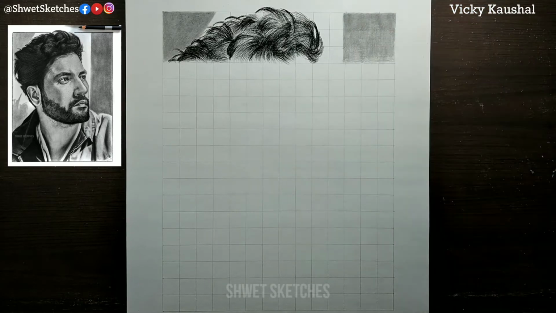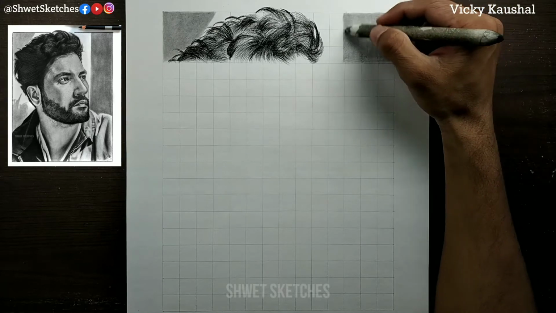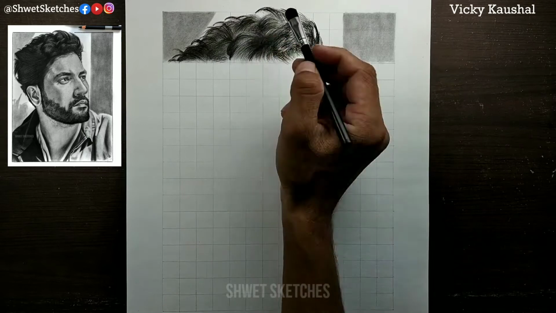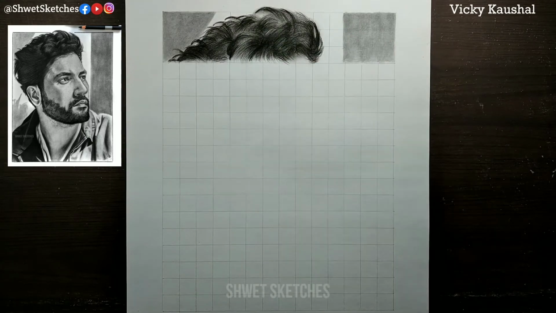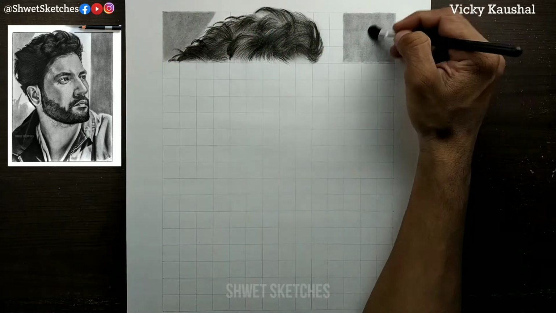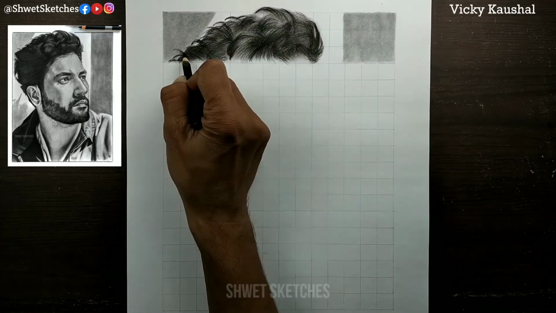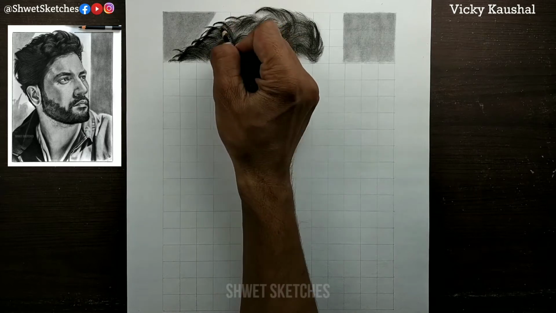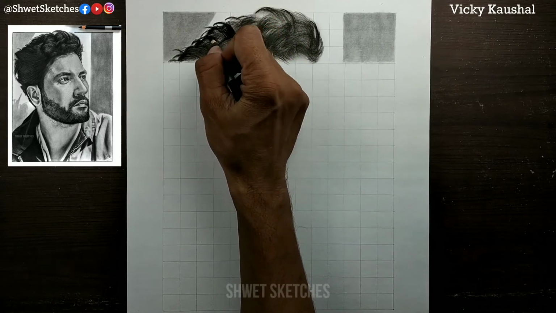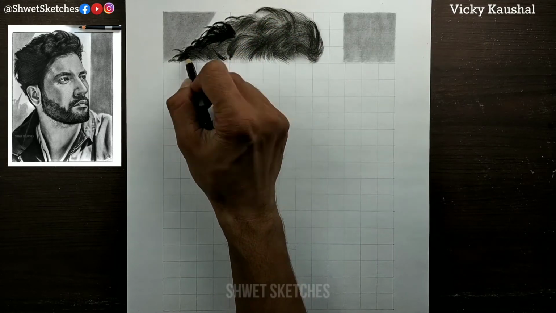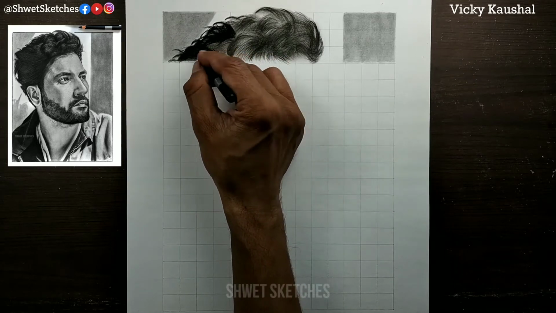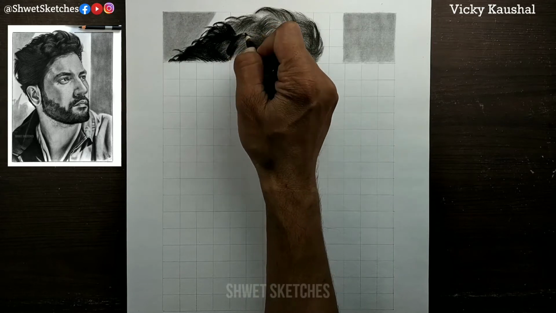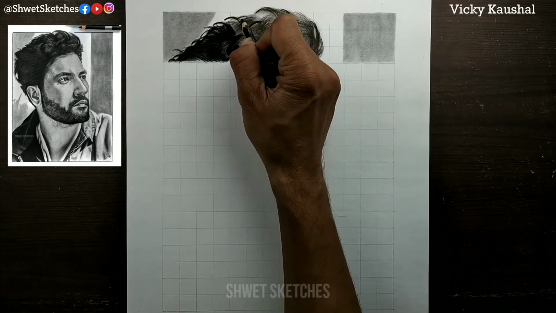But if the hair is like in this Vicky Kaushal sketch, and almost 75 to 80% of people have completely black hair, use charcoal pencils, because a charcoal pencil will give you a completely different look while making the hair in your portrait. Before using a charcoal pencil, you have to sharpen it as much as you can, because a sharpened charcoal pencil will give you a more beautiful look as compared